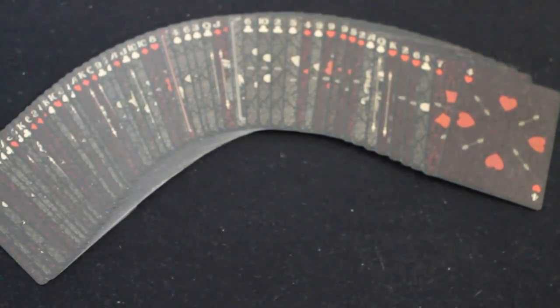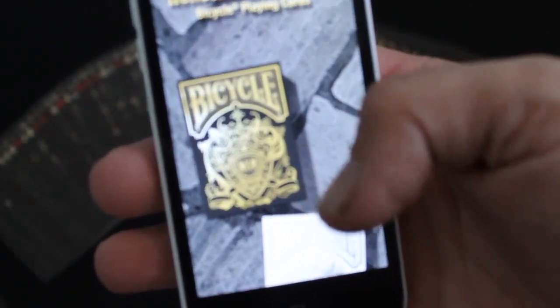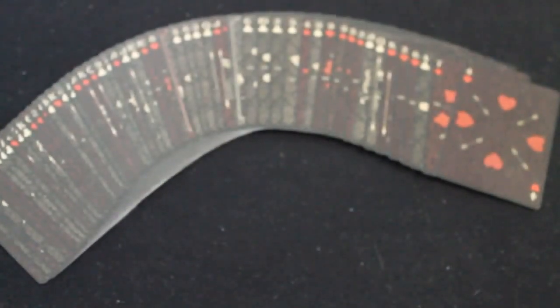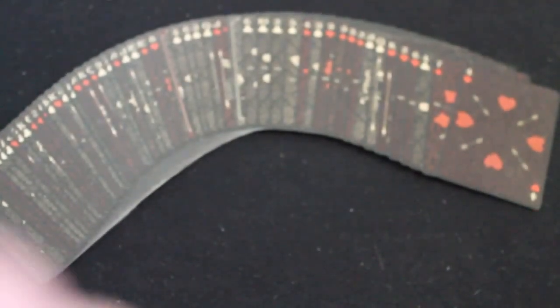Then there's the Bicycle 100 Years War playing cards by Spade and Company. Weird name. They're almost halfway to their $20,000 goal, which is a little bit higher because it's two decks. There is a black and gold and a white and silver. I almost would have switched those. I would have made it black and silver and white and gold. It might be a little bit better, but you can see